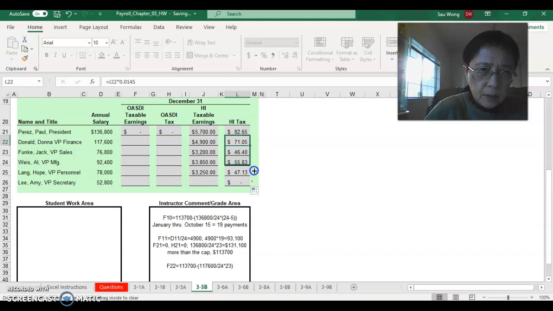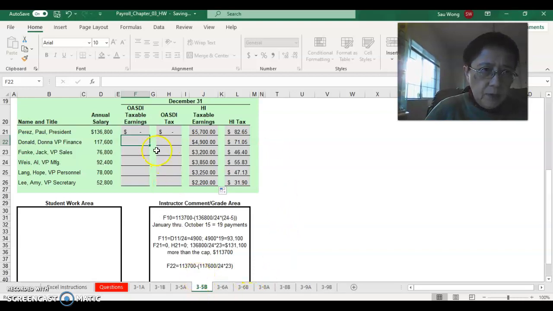Let's drag it down. Oh, this one has not already been entered, so hold on. Let's drag it down here. So, okay, for donor, for the annual salary,